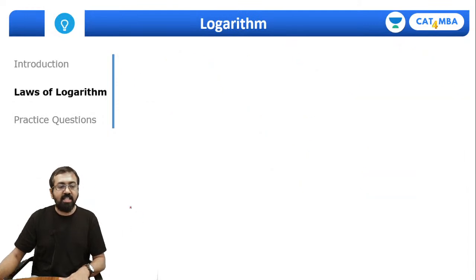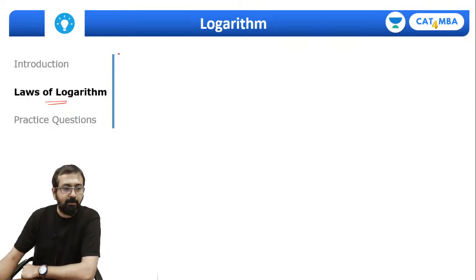नाउ लेट्स क्विकली लुक एट सर्टेन लॉज ऑफ लॉगरिथम। गाइज मेरे साथ में हर एक चीज नोट करते जाना। सो व्हेन आई एक्सप्लेन यू एट दैट पॉइंट ऑफ टाइम यू विल लिसन टू मी केयरफुली, और उसके बाद आप पॉइंट्स नोट कर लेना। मेक श्योर दैट यू आर मेकिंग प्रॉपर नोट्स, सो कीप योर नोटबुक विथ यू, ओके।